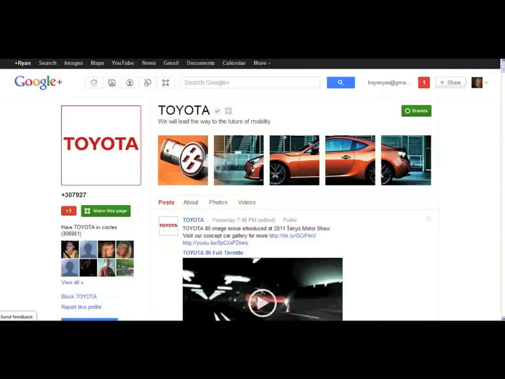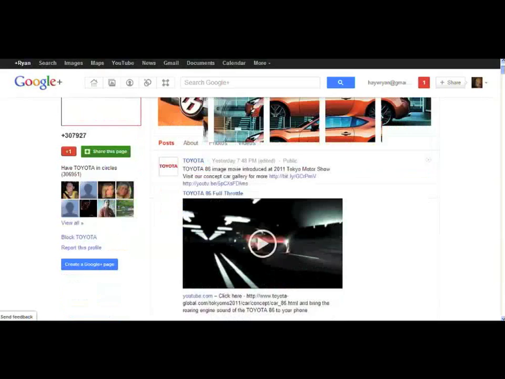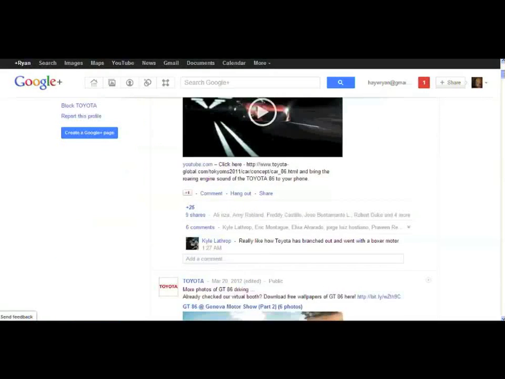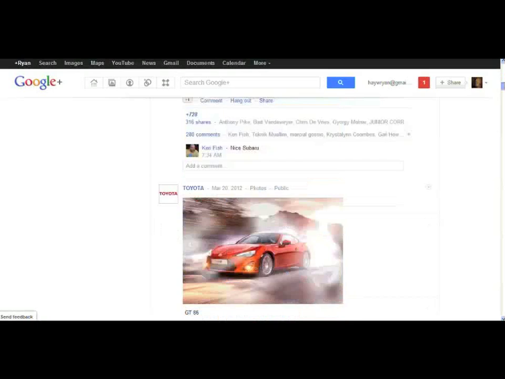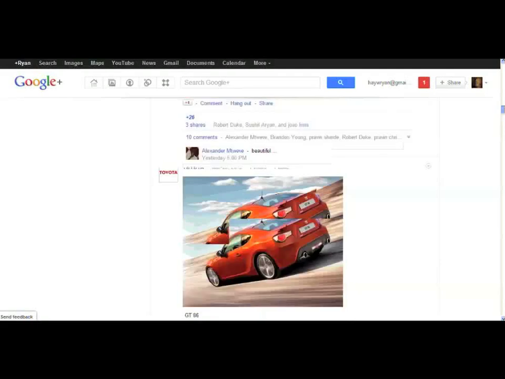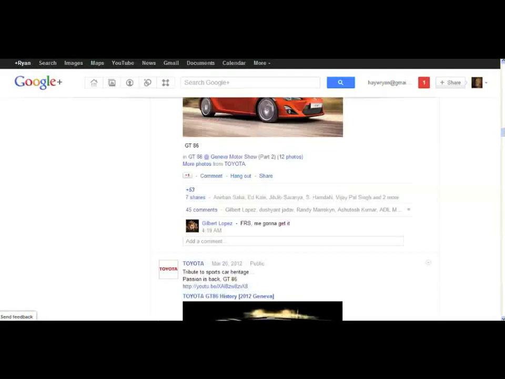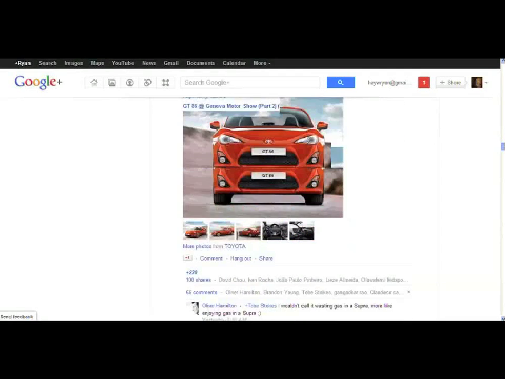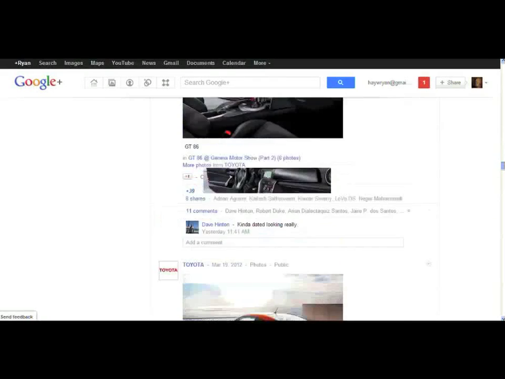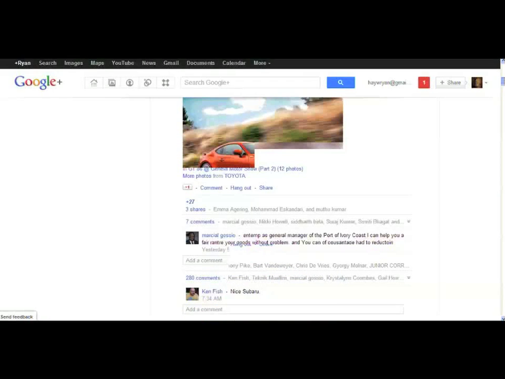And Toyota does a great job because they actually change this image at the top every few days, and they time it with announcements. So they actually just launched this awesome new FT86 sports car, which I believe is the first sports car they've come out with in a while. You can see that they post a lot of photos about it, and they get really, really high engagement. So you can see all these, like this one has 53 plus ones, a few shares. They've been posting a lot about this, and they do a really great job of timing changes of their header image at the top of the page to new announcements.